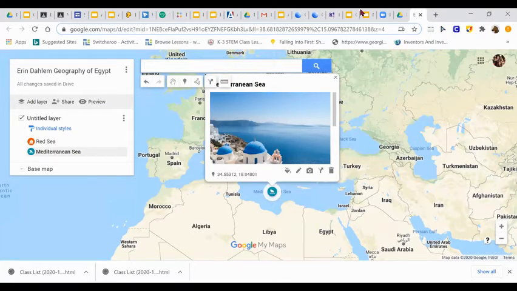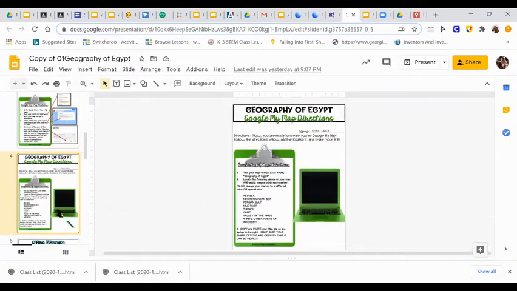Okay, so then I'm going to click on the next one. I'm going to go back and you can see you're going to do the Persian Gulf. So you're going to continue down this list until it's finished. It says copy and paste your map in the laptop to the right. Make sure your share options have been opened so it can be viewed. So once you're finished getting all of these in your map,